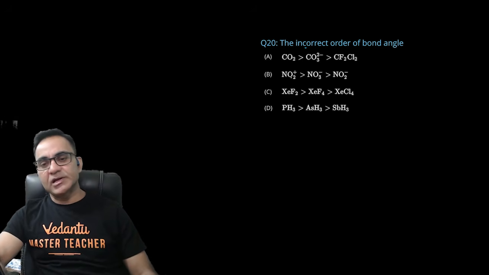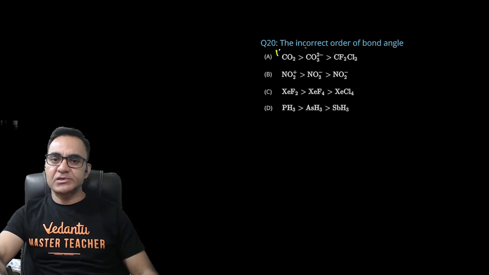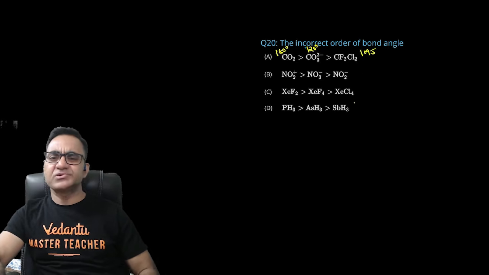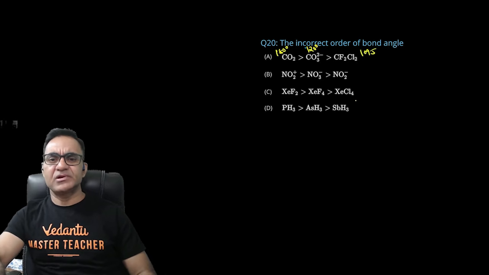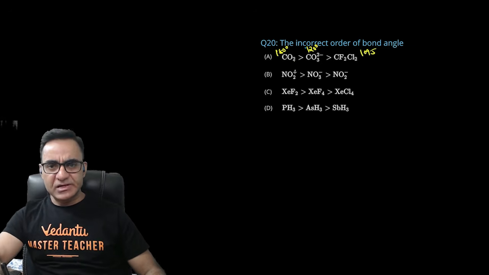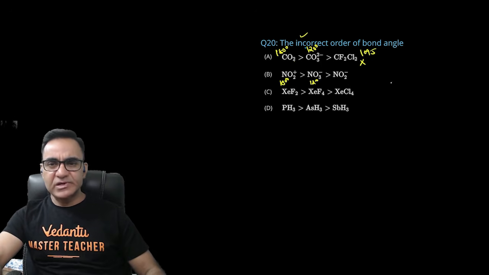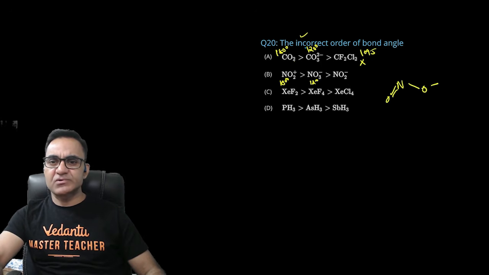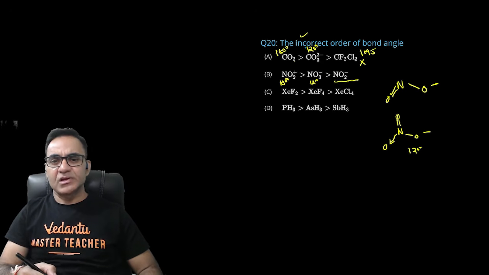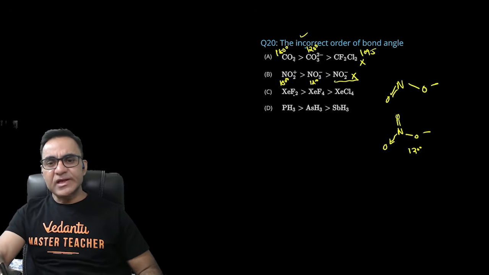द इनकरेक्ट ऑर्डर ऑफ बॉन्ड एंगल निकालना है चारों ऑप्शंस में से। देखो ऑप्शन ए की बात करें तो ये 180 डिग्री होगा, ये 120 डिग्री होगा और ये 109.5 डिग्री के आसपास का एंगल होगा। एक्जैक्टली 109.5 नहीं होगा, सारे बॉन्ड एंगल्स बराबर नहीं होंगे, लेकिन जो सीक्वेंस है वो बिल्कुल करेक्ट है, तो ये आंसर नहीं आएगा क्योंकि इनकरेक्ट देना है। राइट, NO2 प्लस 180 डिग्री है, ये 120 के रफली आसपास होगा और NO2 माइनस में थोड़ा 120 से डेविएट करेगा क्योंकि ये कुछ इस तरह का स्ट्रक्चर रिक्वायर कर लेता है और NO3 माइनस में ऐसा स्ट्रक्चर होता है, तो ये एक्जैक्टली 120 होगा। तो ये भी ठीक लिखा हुआ है, सीक्वेंस में कोई दिक्कत नहीं है।